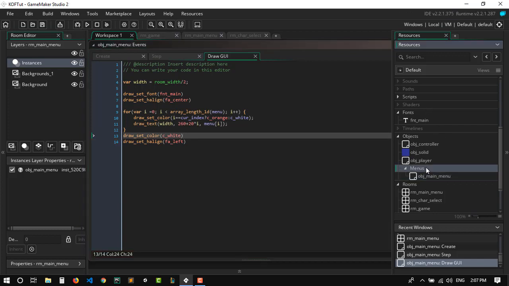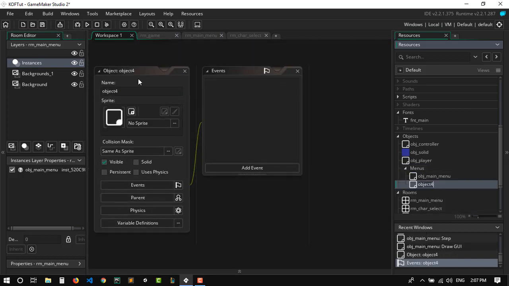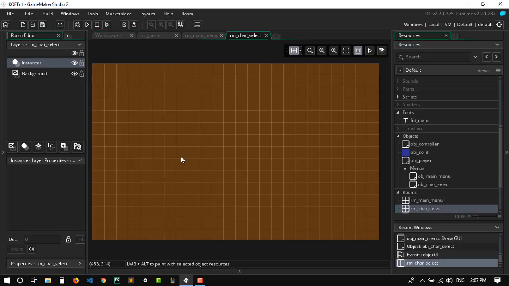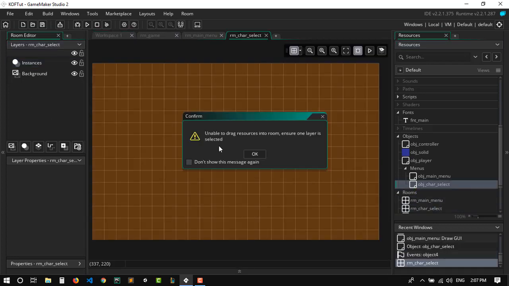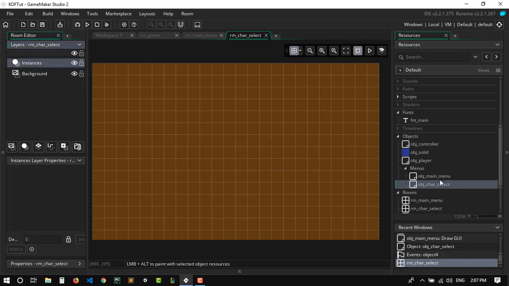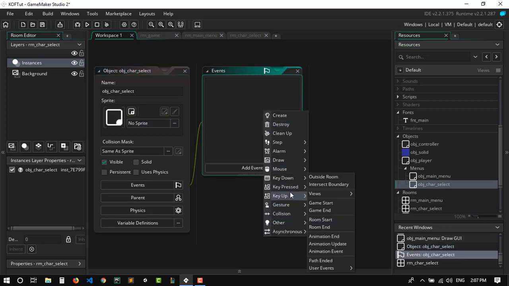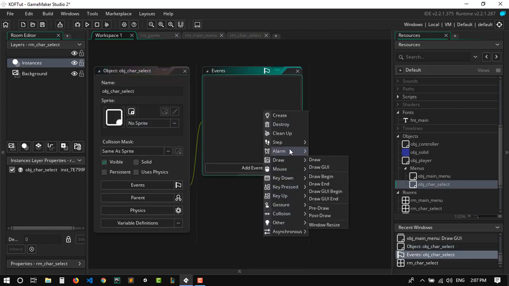Now let's add another menu, and this is gonna be obj_char_select. Okay, and we put it in the character select room. So let's grab the character select object, put it in here. Oops, make sure to select the instances layer. Alright, and for now we're just gonna add a draw GUI event,